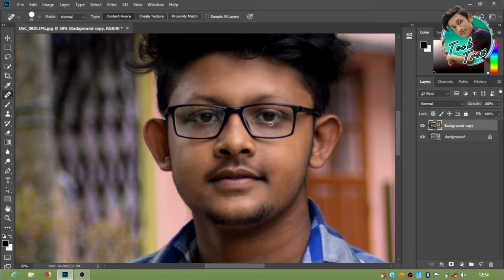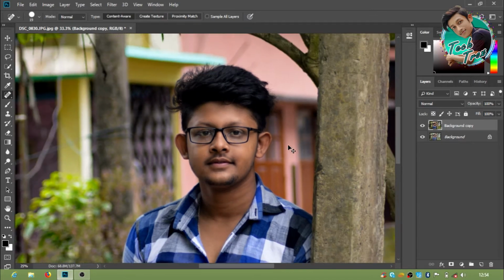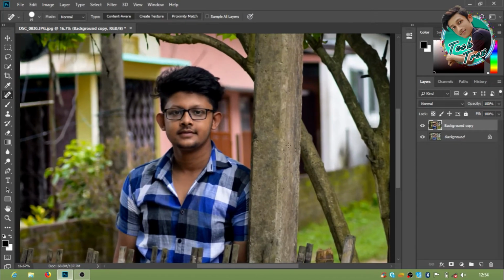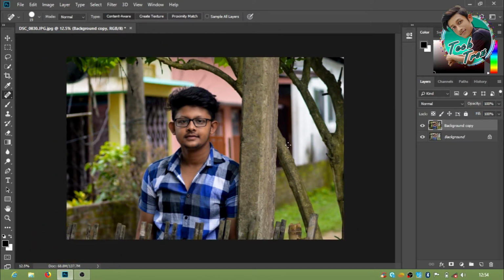Make sure you don't use the spotting brush tool more, because it may disgrace the face. Now it looks like this guy doesn't have any other spots on the face. So what you want to do is we will again go to the normal size, and now we will go